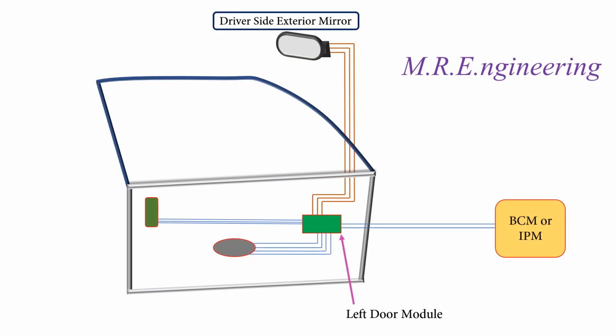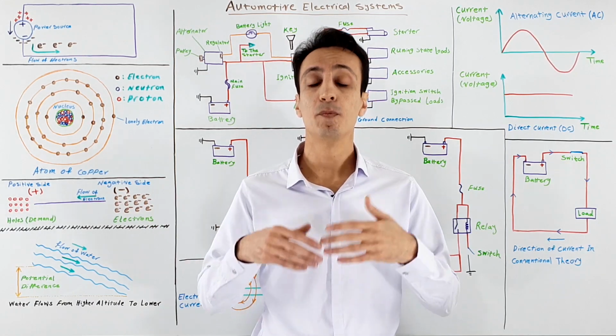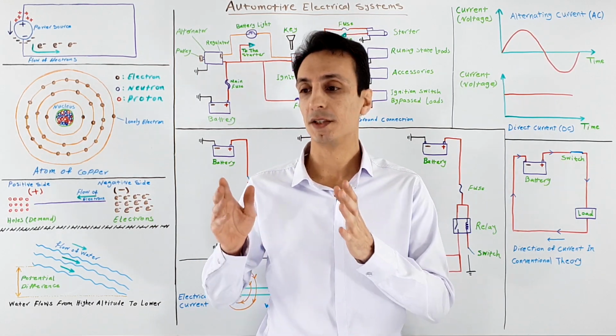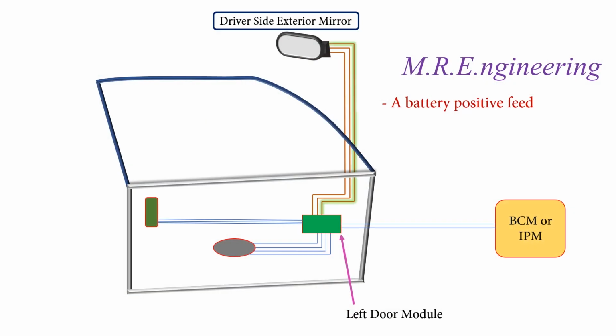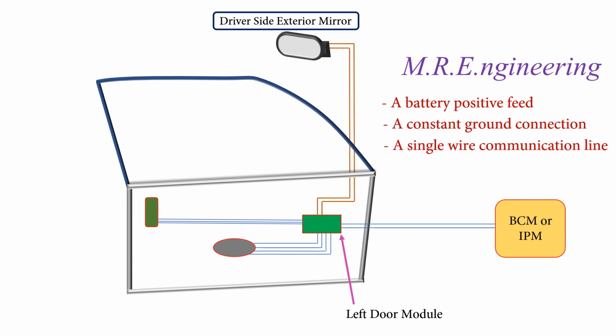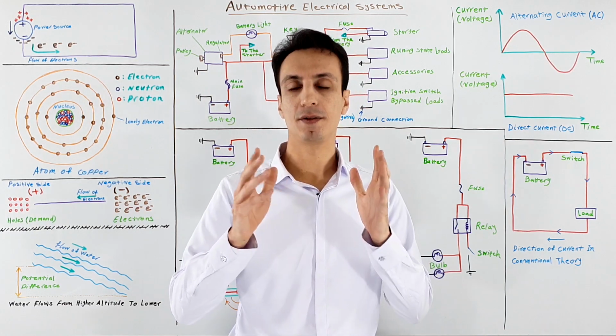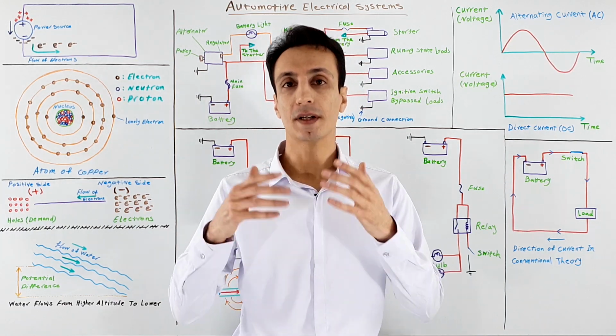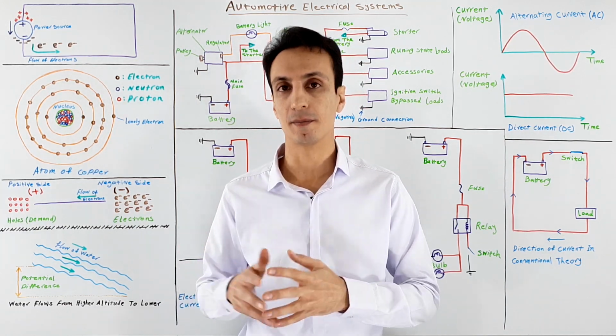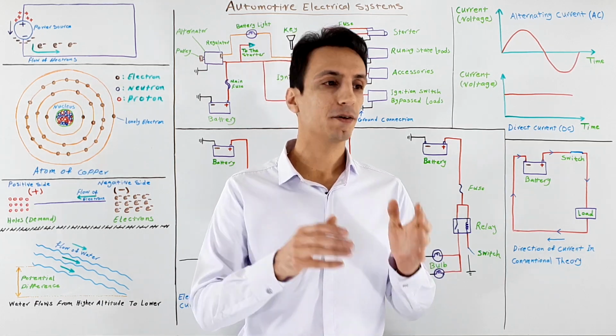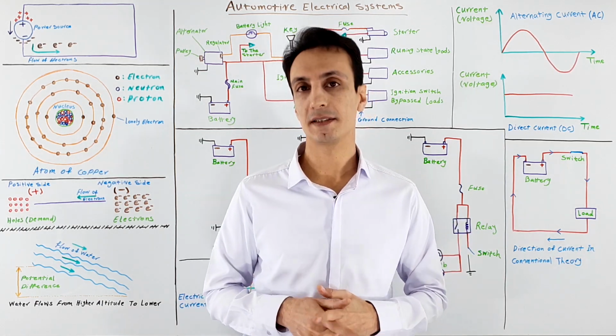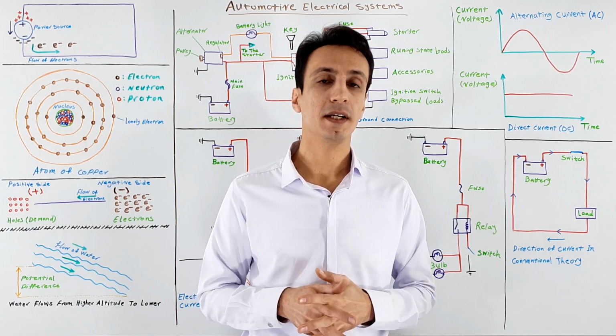So, for example, for an exterior mirror that doesn't have any camera or radar on it, many functions can be accomplished using just 3 wires: a battery positive feed that is provided by a relay that is controlled by a module, a constant ground connection, and a single wired communication line. These 3 wires are connected to a slave module inside the mirror to accomplish the commands that are sent from a master module. I think going further into details of electrical systems in this video is a big mistake